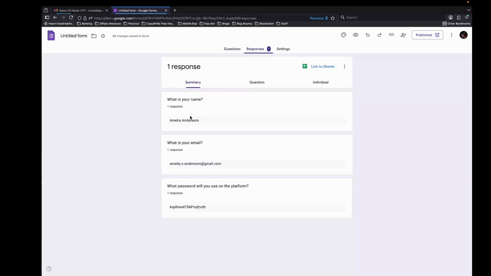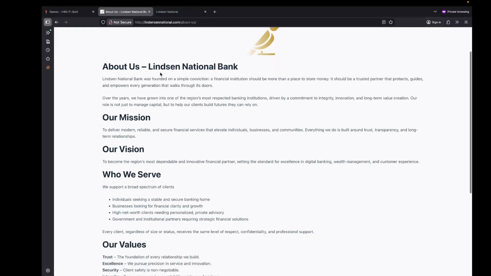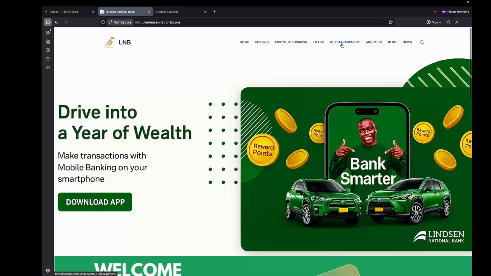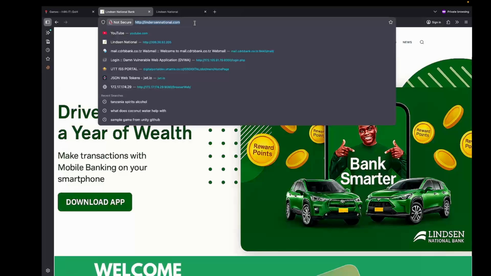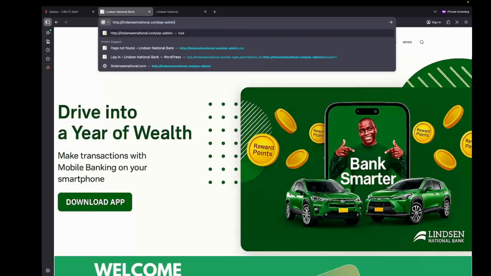So our user Amelia clicked on it, and we actually do have a name, an email address, and a password. So let's go back on the site and look for something that will allow us to log in, because on this blog I don't see anything that we can use to log in. Maybe since we saw it was WordPress, we can just try and probe for wp-admin.